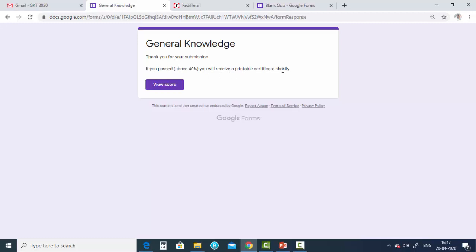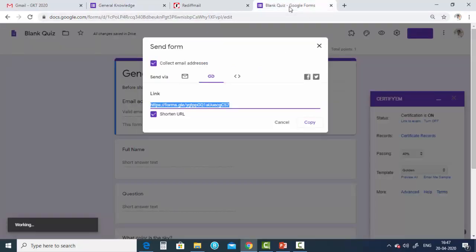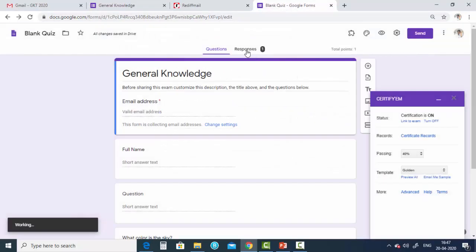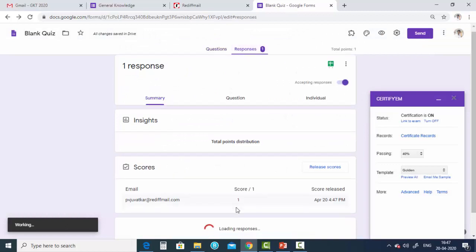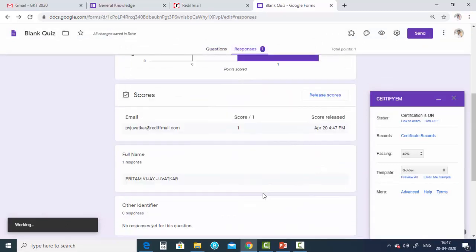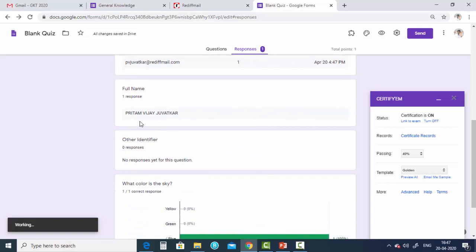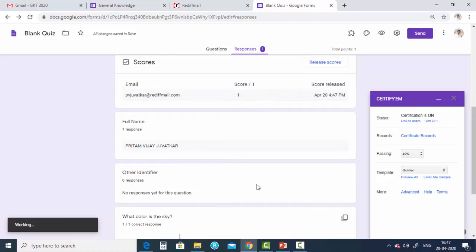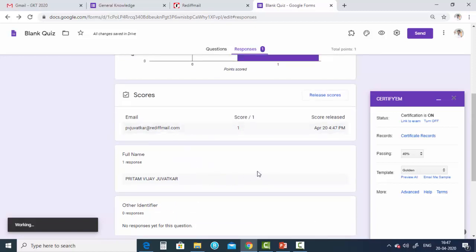Now we will move towards the mail. We got the response, yes, and shortly the certificate will be issued to Pritham Vijay Zwatkar on the PV Zwatkar Rediff mail. So shortly he will get the certificate. See here.